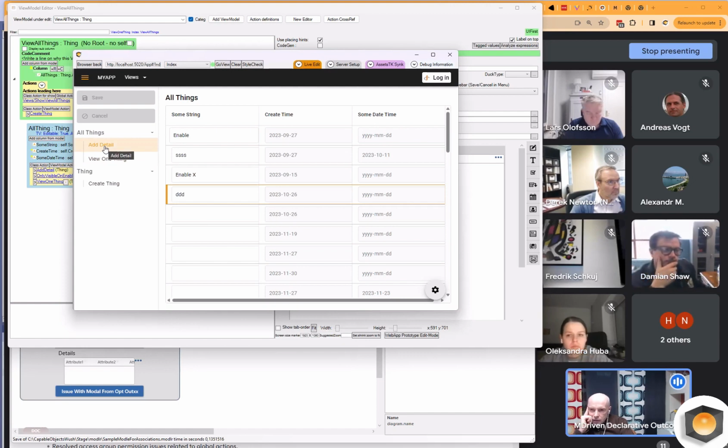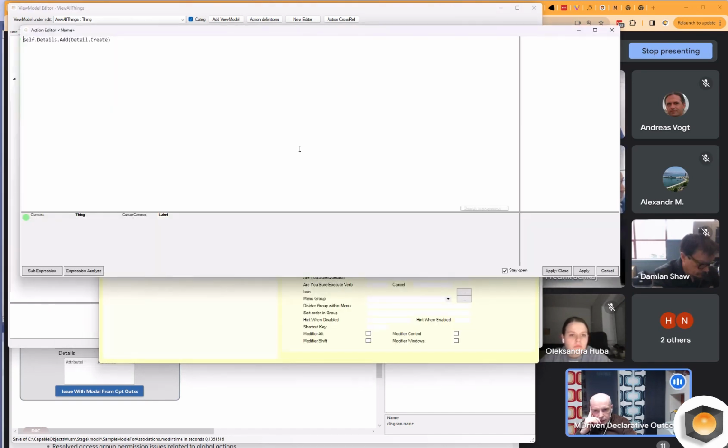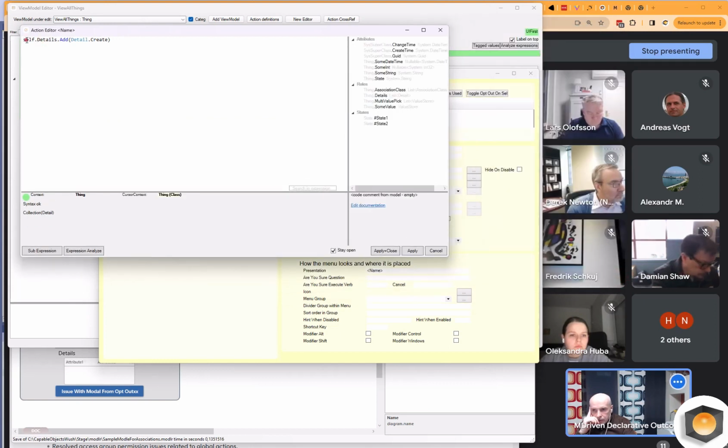But then it became clear that not everything is valid to do every time, and that is especially the case when you have state machines. So this action add detail does a simple thing. It just takes the self, which is a thing, and adds a detail. That's okay.